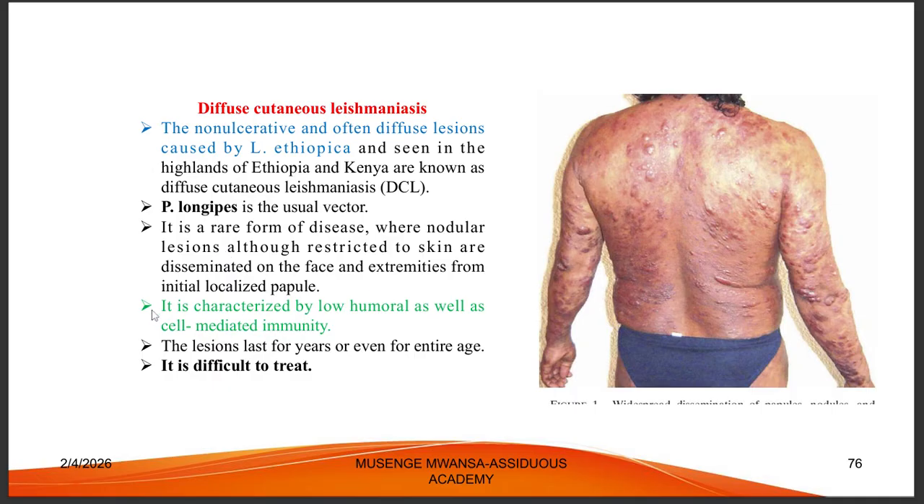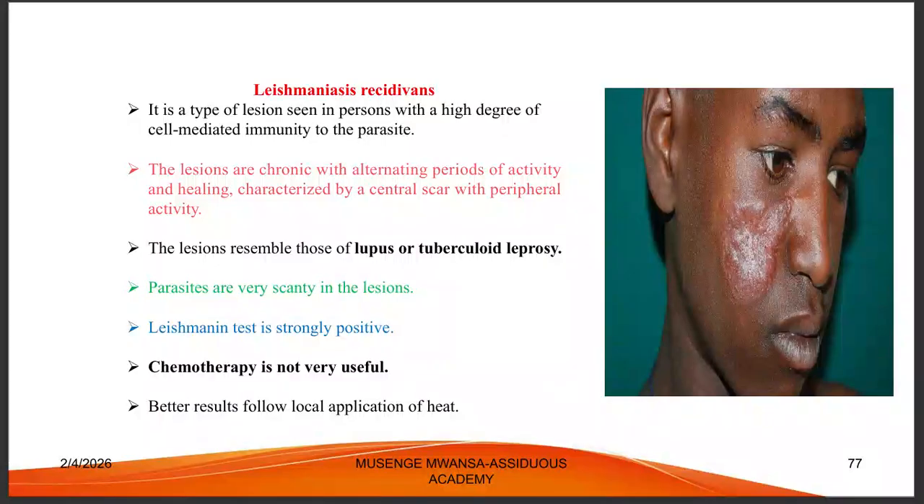So this one is going to be characterized by a low cell-mediated immunity, like the white blood cells. So especially the T cells will really not be able to protect you. So the lesion can actually last for years, even the entire lifetime. And it's very difficult to treat. Okay. There's also what is known as leishmaniasis